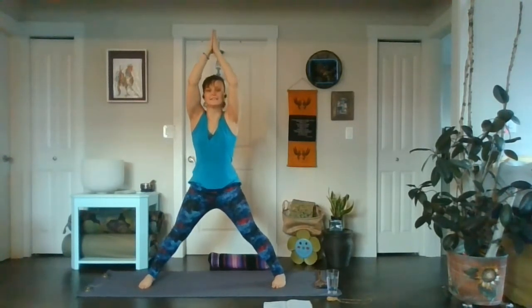So you look to the sky, and now coming back into Virabhadrasana 2, feeling those strong legs. You've got this one more time. I have the stamina and the strength. Inhale, bring your arms up overhead. Place both of your feet to the screen. And as you exhale, hands together